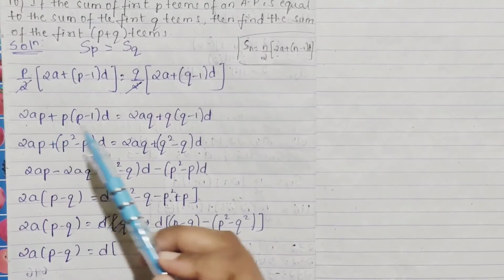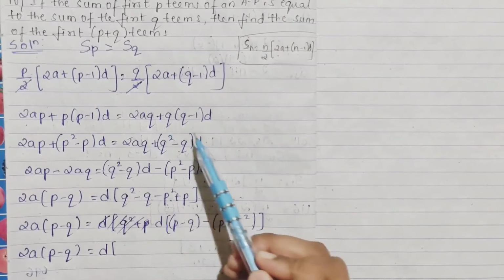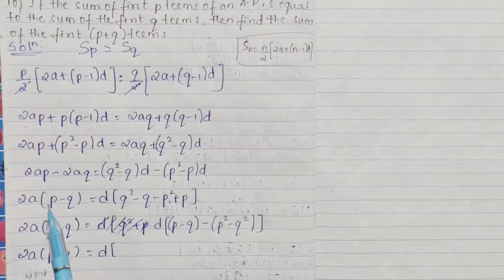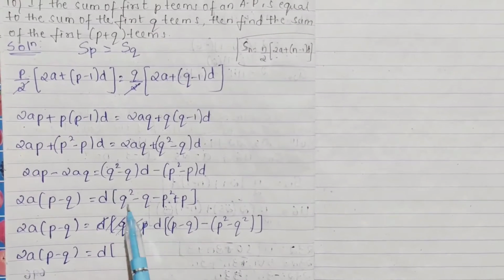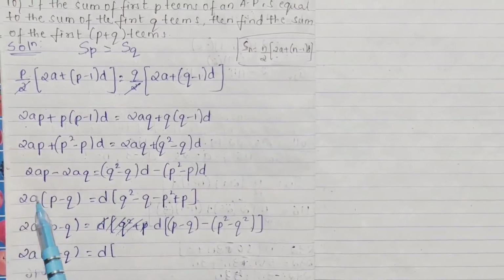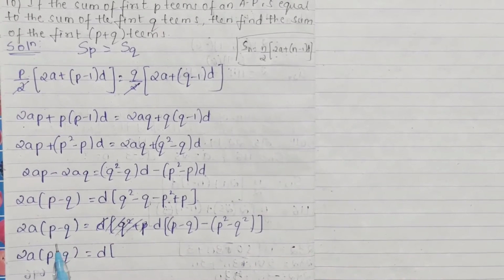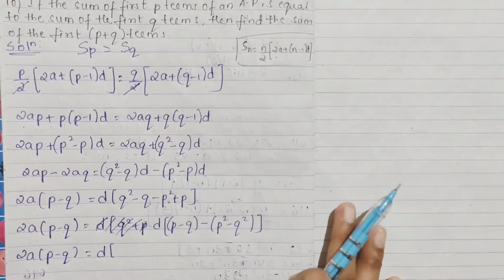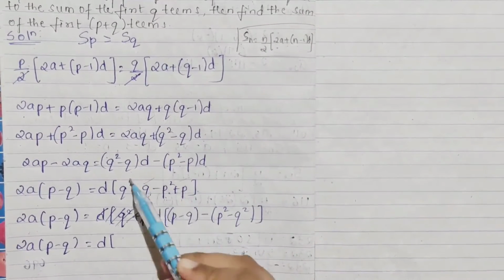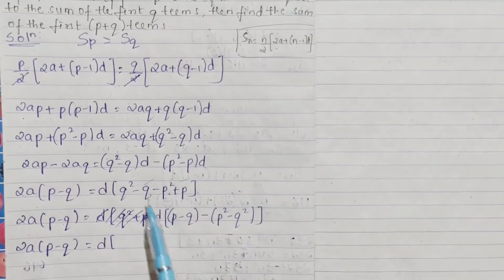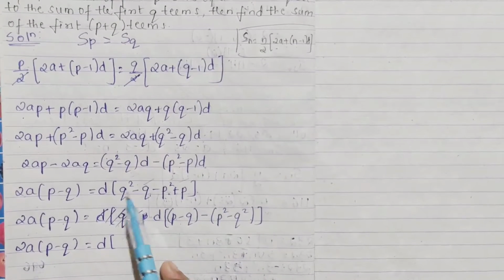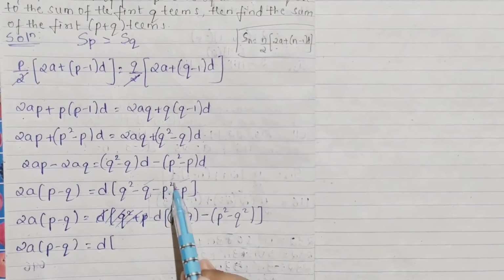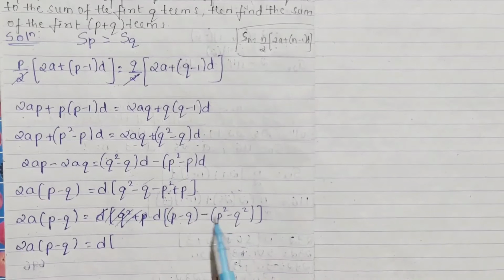Now see, your p q terms take one side and your d part take another side. Why? Because your d is common, right? In this both 2a is common, so p minus q. In this both d is common, so q square minus q minus p square plus p. 2a into p minus q, left hand side you keep. Here you see p minus q is there, from here also we can get. So just group it up, your p q terms and your p square q square terms. So you have p minus q, I have kept p minus q, q square minus p square it is. So how I'll do, I'll take minus sign common, then I'll be having p square minus q square, right? If you multiply and see, you'll get the same.